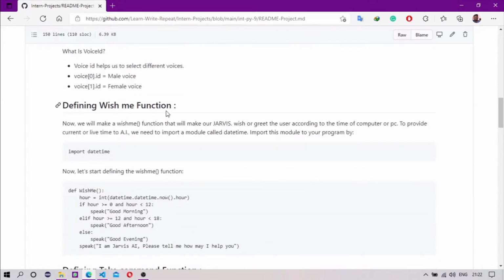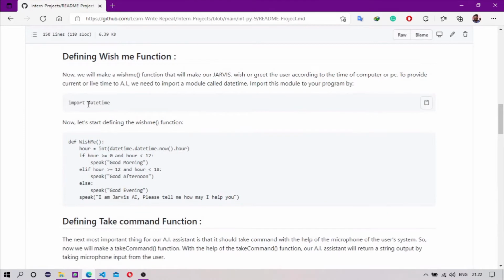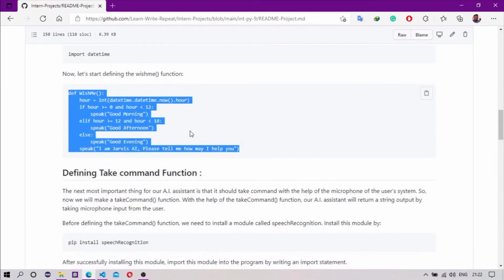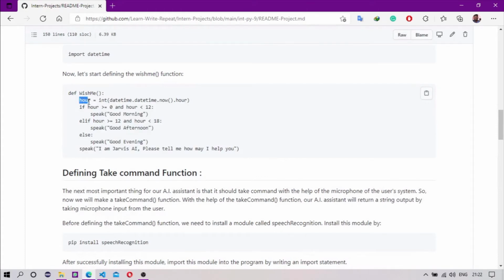Defining the wishMe function. We will make a wishMe function that will make our Jarvis wish or greet the user according to the current time of the PC. So we have to import the datetime module, and then we have to write this function. In hour we return the current hour, and then with the help of an if-else statement we can simply compare the condition.